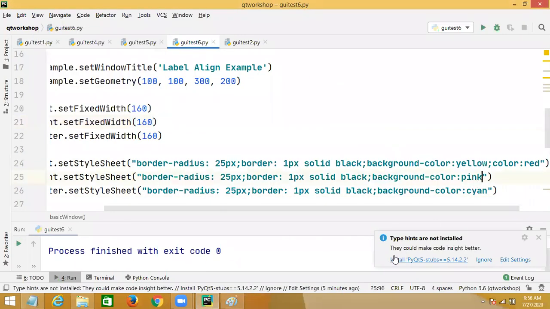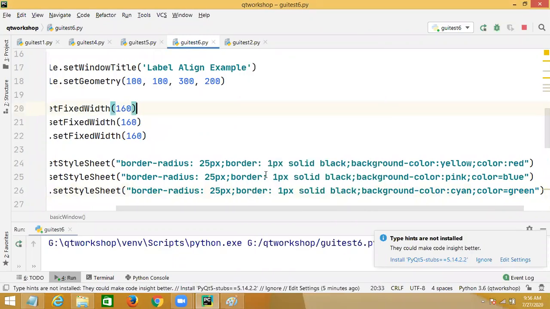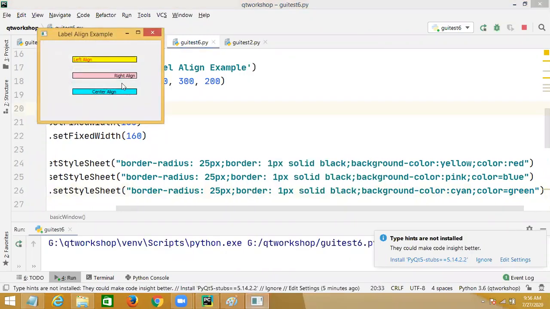So what you're using here? Color. I just give the color as blue. Then color is for changing foreground color. This color I have given as green. You can see the colors here. Color, colon.